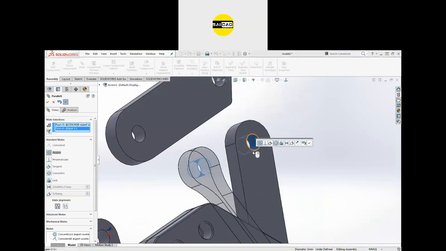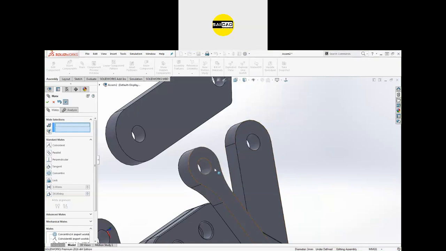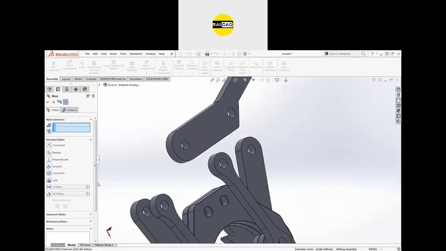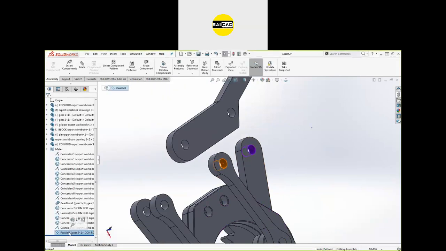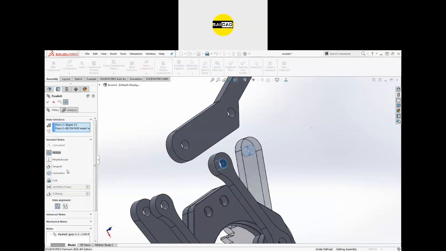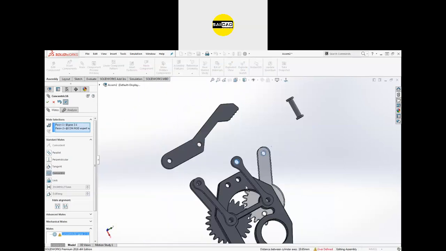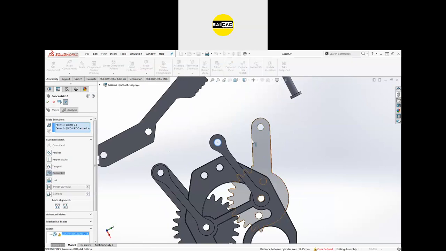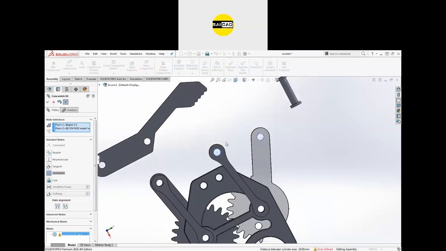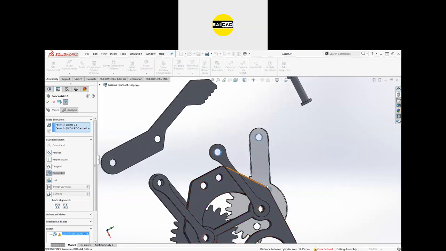If you select these two, there is an error. It is not moving to that point. It is parallel, not concentric. If you select the concentric, you will have an error that there is a gap between the centers that is 19.94. So you have to adjust the gap according to the rules.